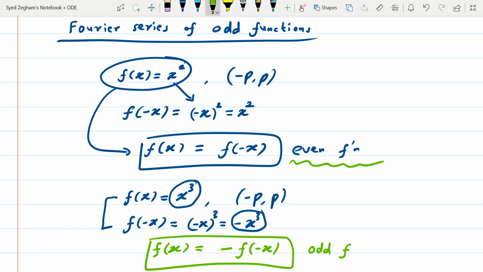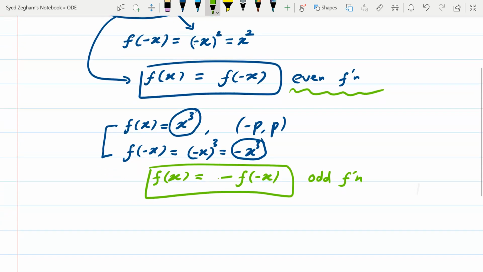So this type of function is called odd. I hope the difference is very clear. This is basically a school level concept you have already studied in your schools, so there is nothing much to go into detail. So let us take one odd function and let us find its Fourier series. But before that,